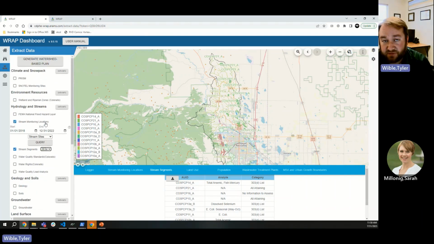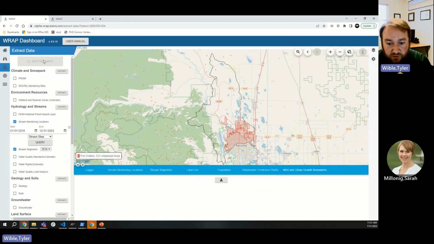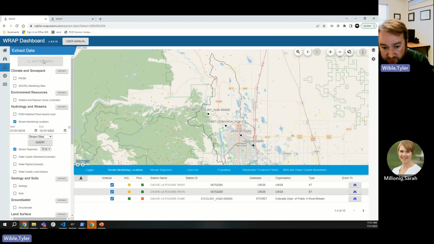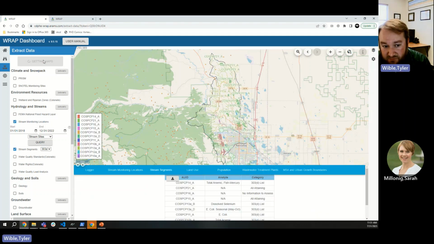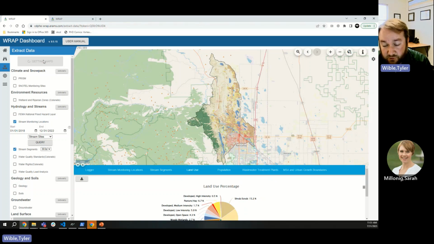You'll notice at the top of the entire data set list is a button that says Generate a Watershed Management Plan. If you click that, what it's going to do is it's going to go fetch all the different data sets for your area of interest. It's going to render a Word document for your area. It's going to preload every one of those data sets. You'll notice that it's automatically toggling between these data sets that I have selected. It's taking a map image of that so it can export the map image for use in a report, right? So you have your land use, you have your stream segments, you have your population. All of those get saved